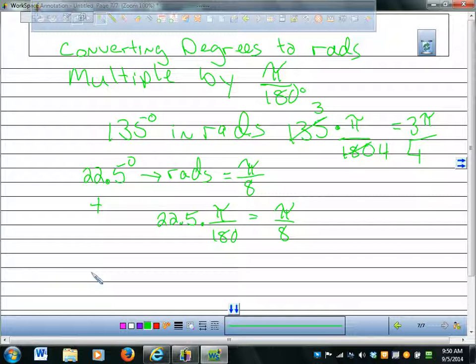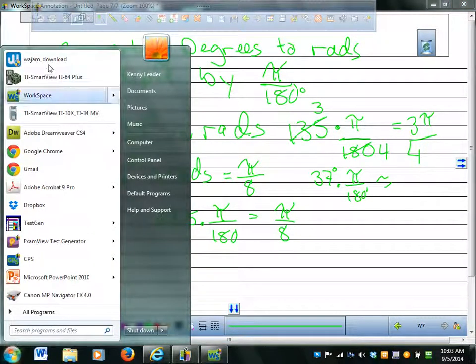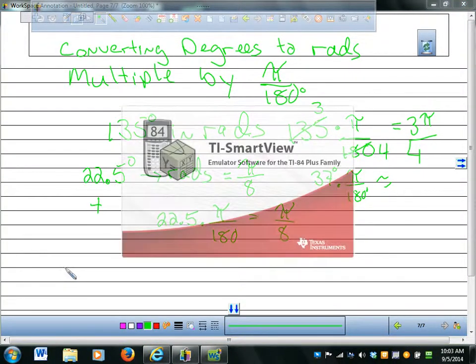Well, let's just do, what if they say 37 degrees? What would I multiply by? Pi over 180. And that's not one that's real, it's not a nice even one. So then you'd actually take 37, multiply it times pi, and divide it by 180, and you get it rounded off, let's say to the nearest tenth or something like that. Okay? So you want me to do that? Get your calculator. There we go.